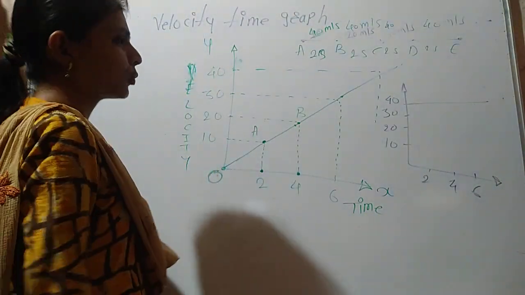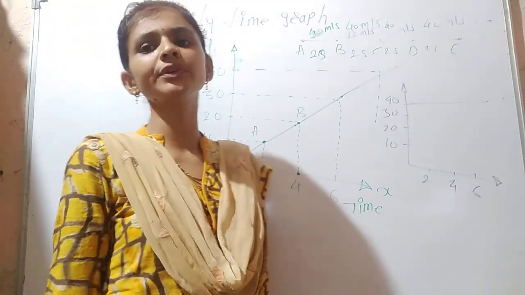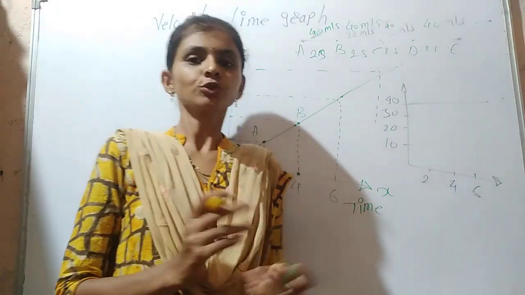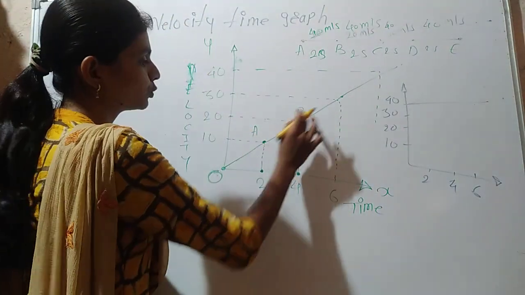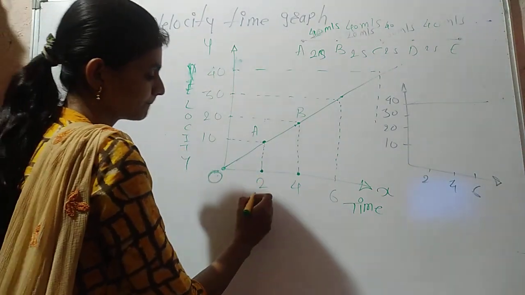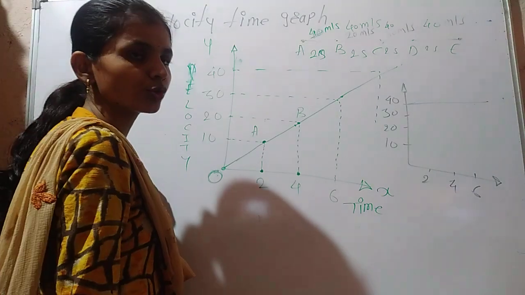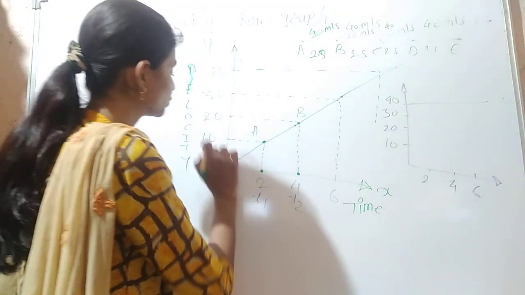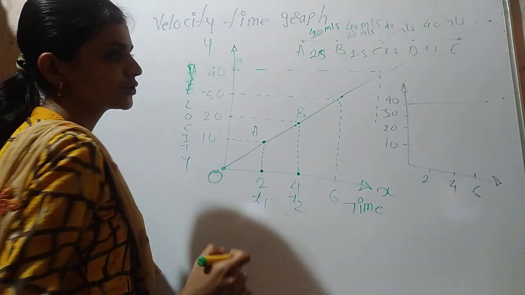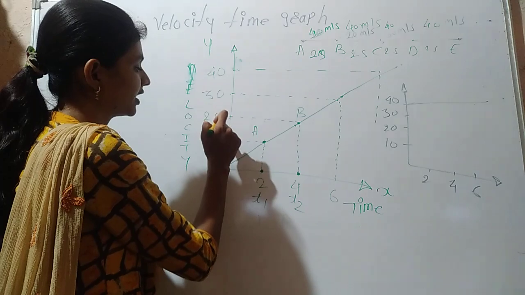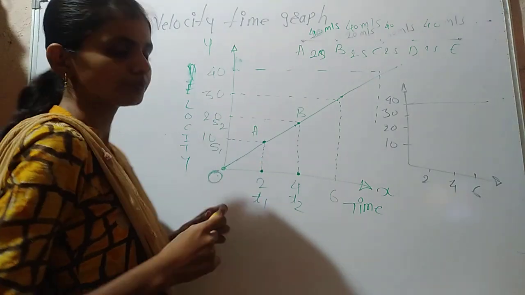By using this diagram, we have to find out the acceleration. Let us consider 2 points. Here we have to find out the slope, and by using the slope we can calculate the acceleration. So just consider 2 points, point A and point B. On the x-axis we already showed the time, so it is a time interval t1 and t2. Velocity is denoted by s, so it is s1 and s2.